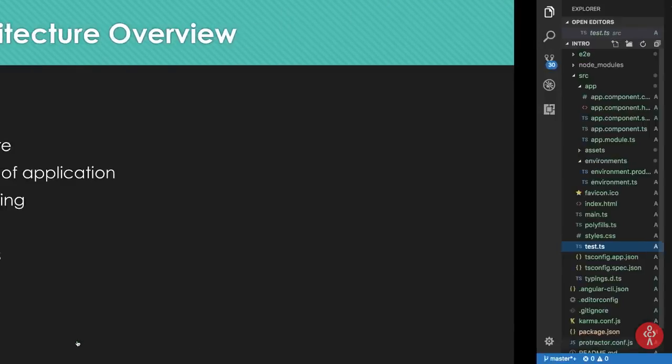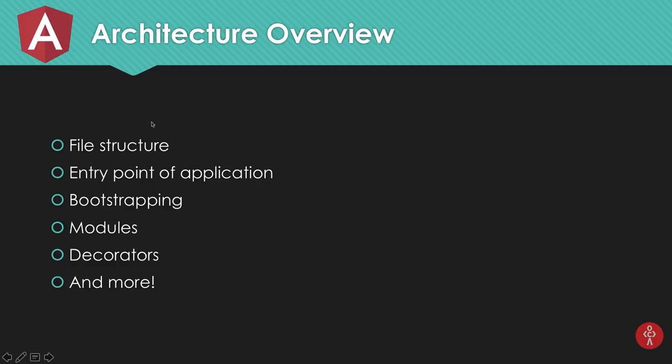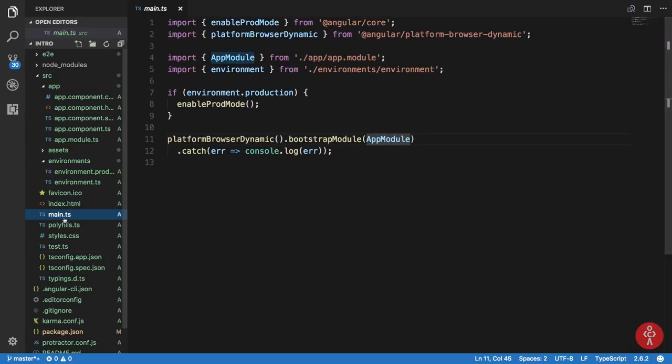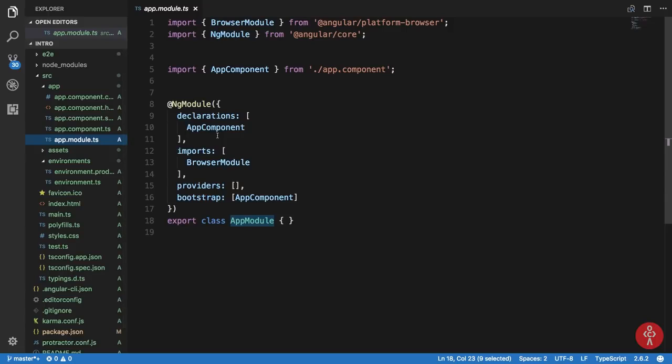Okay, so if we take a look, we are done with this file structure thing. We are done with the entry point of application, which is this main.ts file, right? We bootstrap our application with this app module. This app module has declared app component as one of its components. Now again, we're gonna come to components later on in the series, but what components really mean,